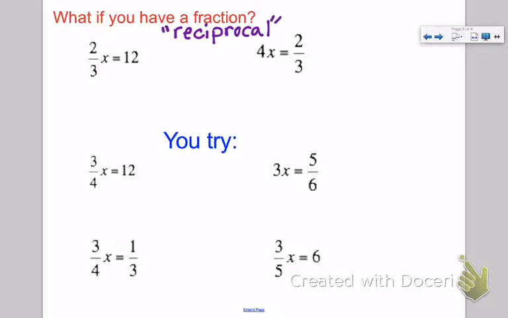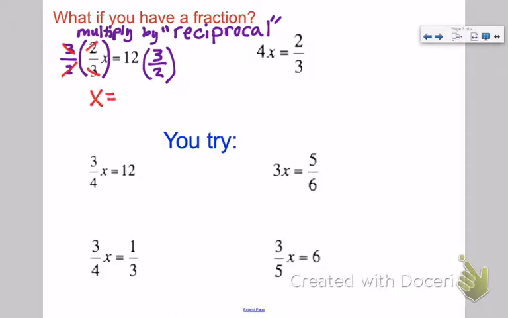And what we can do is multiply by that. So multiplying a number by its reciprocal gets 1, which is our multiplicative identity that we talked about. So what we can do is multiply by that fraction that's attached to the x. But whatever we do to one side, we have to do to the other. Once we multiply a number times its reciprocal, all those terms are going to cancel and we're going to get